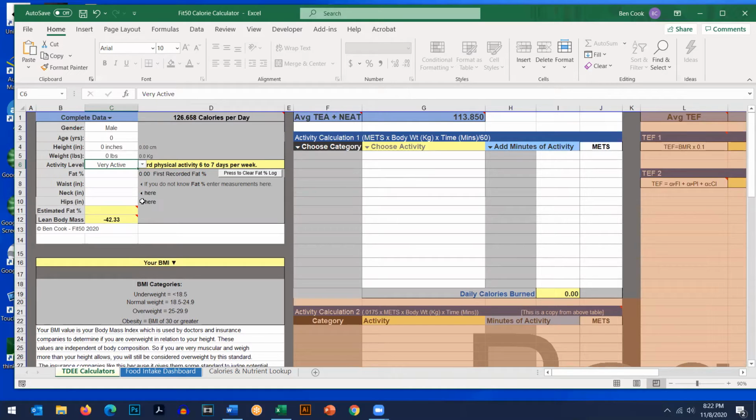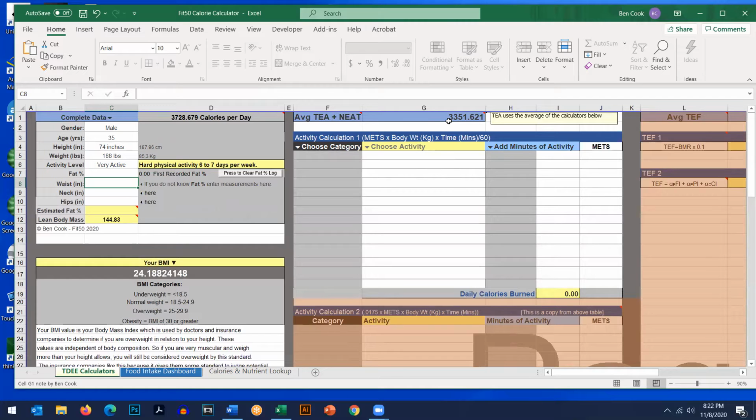So now we've got to put some body weight and height in here, and you can see this number start to change. So I'm a male. I am, let's say, 35 years old. Wish I was 35 years old again. My height, 74 inches. And now the number's going to start changing. Watch. See, the number's going up. And then we're going to put weight in. I'm 188 pounds. And boom, that's going to tell me how many calories I need at very active each day